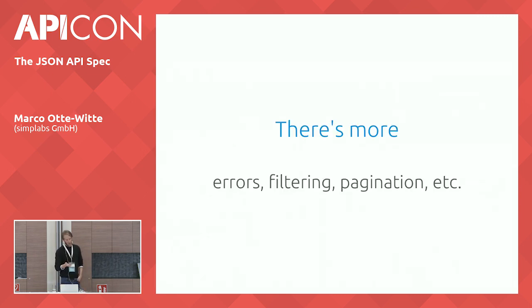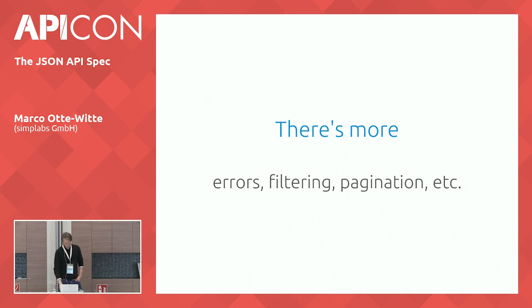Also, there's more advanced features. We're not going through all of them here, because that would take too long. There's support for errors, so when you update or create a resource, there's a particular format for the error responses that the server might respond with. There's a specification for how you do filtering. There's a specification for how you do pagination, which of course is similar to filtering, and you can read up all the details on the website. It's not so long. It might take you, I don't know, maybe 1 hour to read through the complete specification. It's relatively simple.